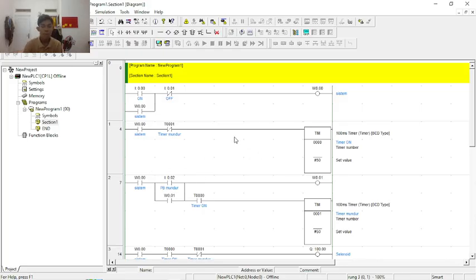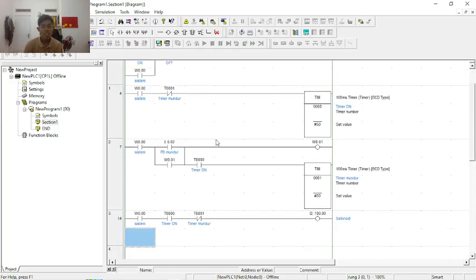So by showing three cases, we can clearly see how the timers affect the automation process differently. If we demonstrate it on the trainer board, first of all we have to run the program with the TON timer. We press the button and then wait for the delay, then it will show the cylinder movement.